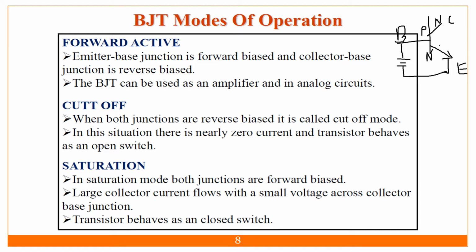And for the reverse bias, what do I have to do? Here I have to connect another battery, and here for P I have to connect a negative, and here I have to connect a positive. So likewise I have to go with this. So this is what you can call the reverse bias connection. Okay, so the emitter to base junction is forward bias, and the collector to base junction is reverse bias, that we have seen. So the BJT can be used in this configuration as an amplifier. This is a very important application of the bipolar junction transistor.